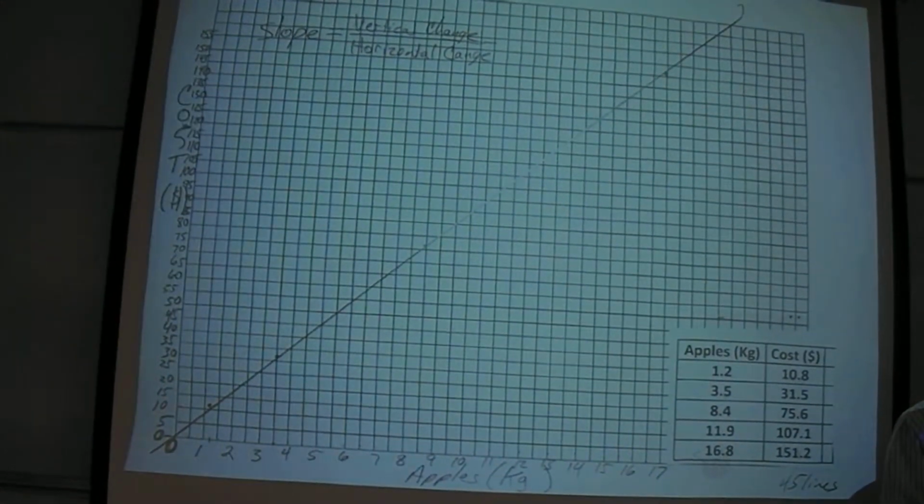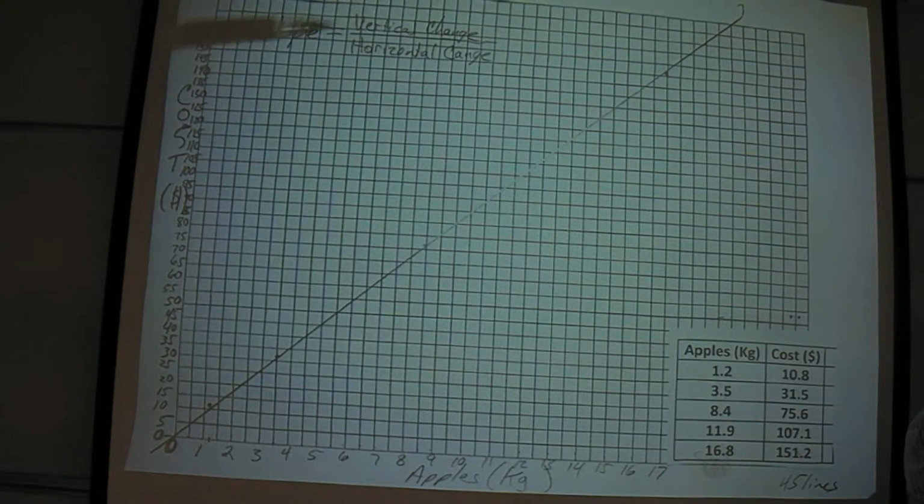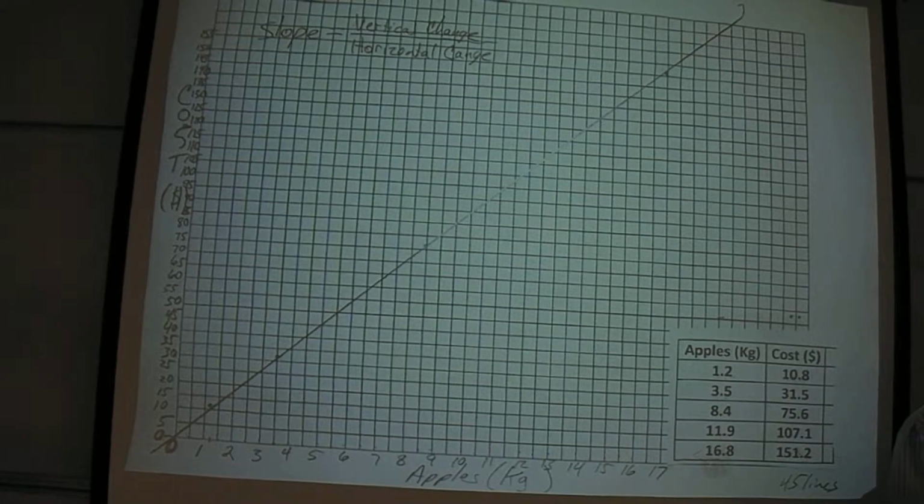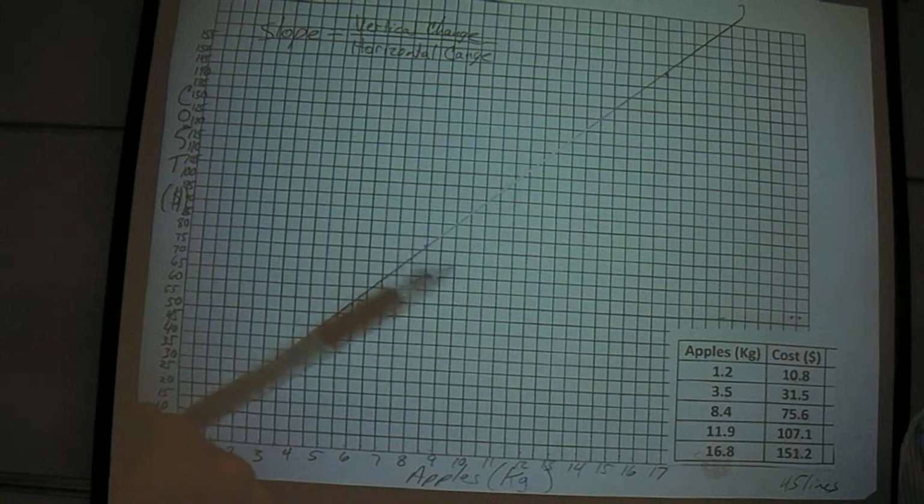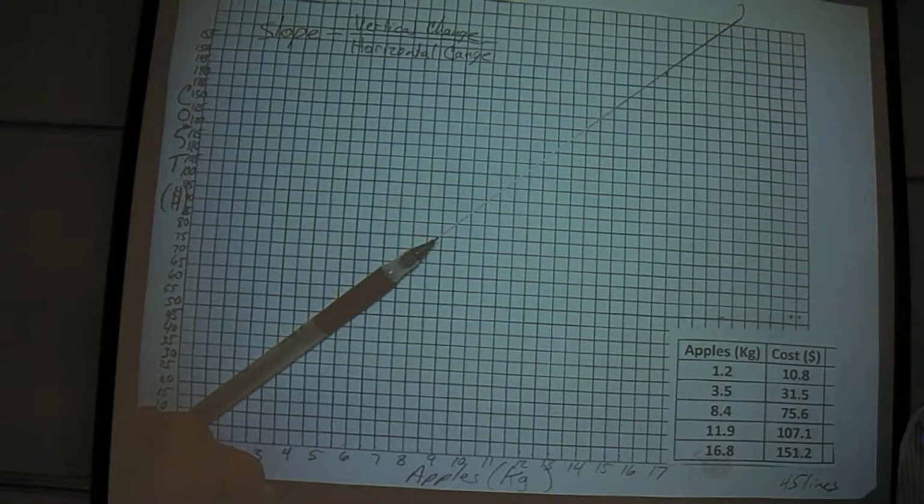We could do it the other way, but it's pretty much a standard that most people will always do the vertical on the top and the horizontal on the bottom, and when you refer to that as the slope, it describes how steep or shallow this particular best fit line is and gives you a number value to describe that